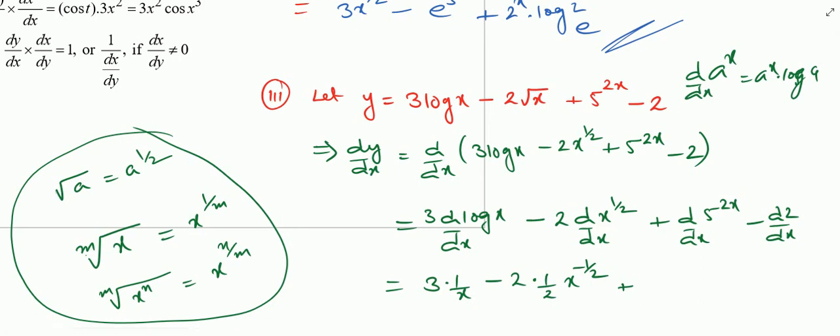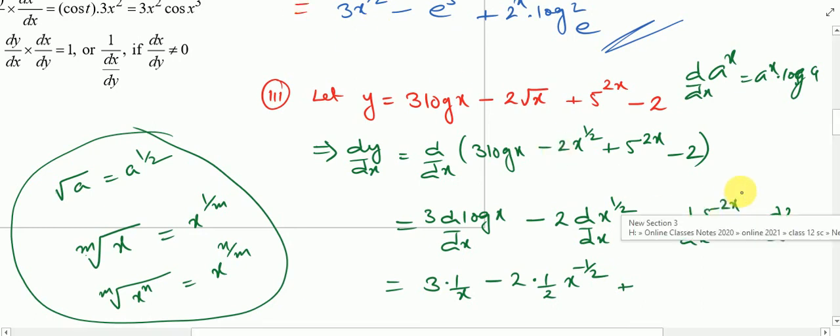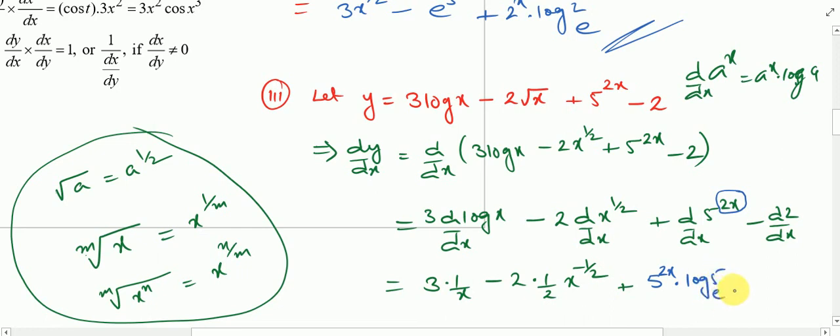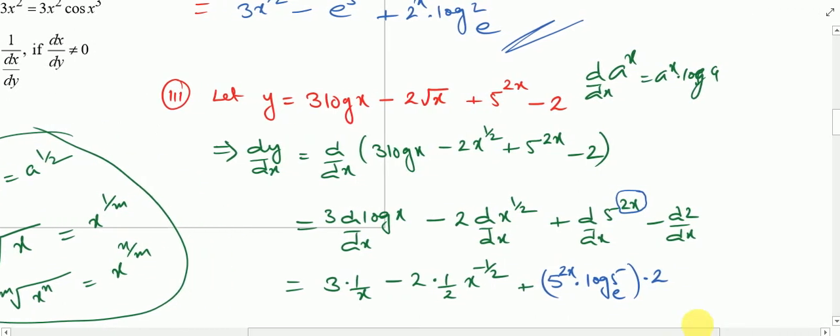So what you do, just for a while you think that this whole thing is like x for you, and then write down. So you'll get 5 to the power 2x log 5. Now you differentiate this 2x. When you differentiate 2x, you will get simply 2. You can check that, and then